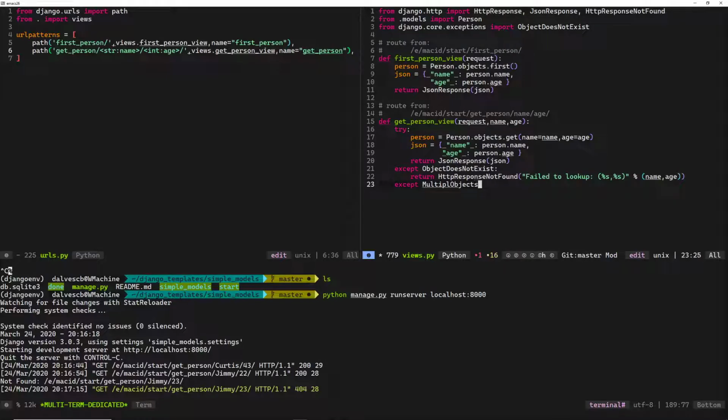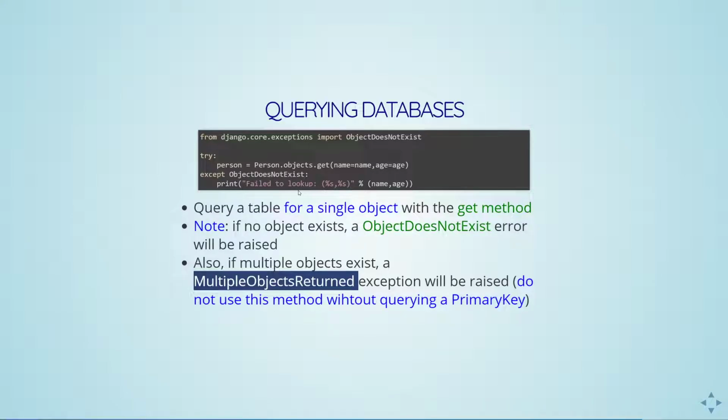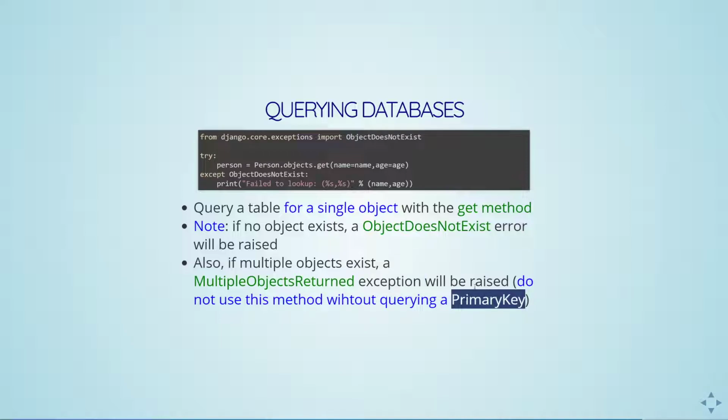Multiple objects, and do whatever you want for that, right? But my general recommendation would be the only time you ever use this get method is when querying on a primary key. I'll go over what a primary key is in more detail on Friday, but just a little introduction to it. When you create a table with different attributes, you can specify that one of these attributes is a primary key. And this means that every entry is going to be uniquely identified by that key,